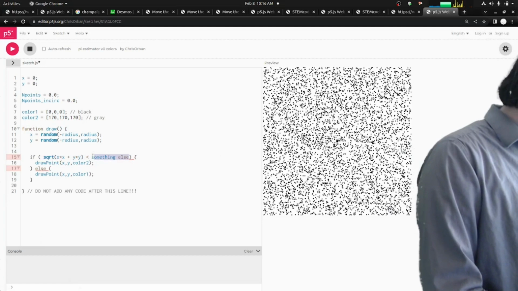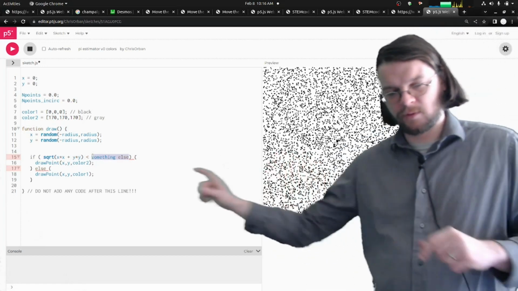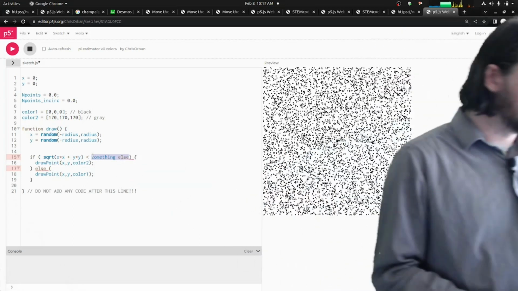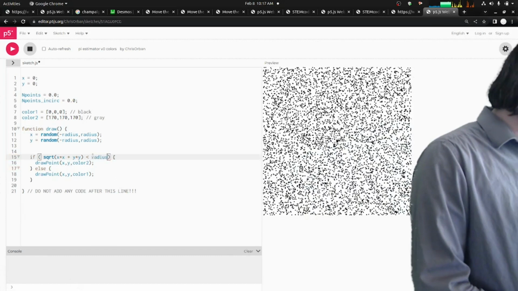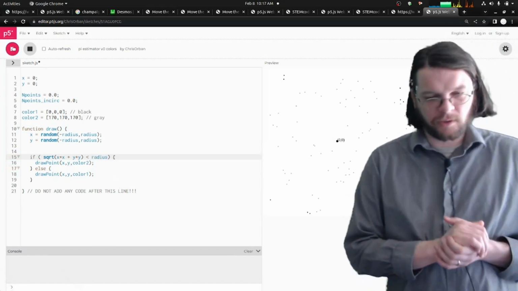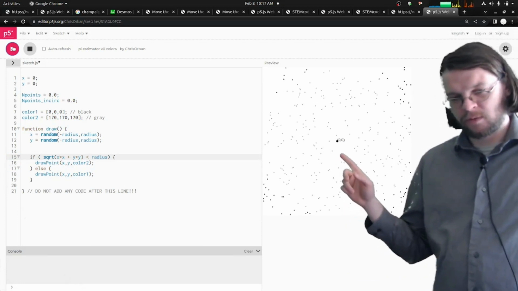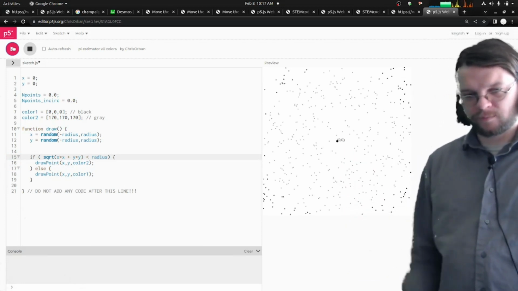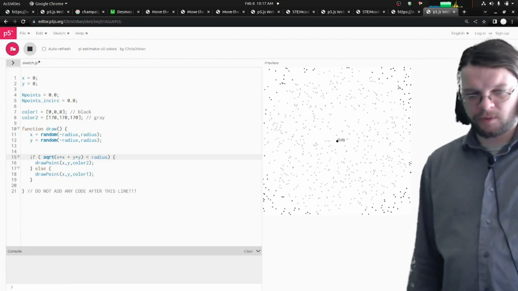Well, what is that something? Well, there's a radius here. There's a certain radius of this circle, which has this variable here. I think it's 200. I can't remember the number. Radius. Now, if I do that, then it should give me different colored dots, depending on how close we are to the origin. Okay. So that seems to be working.